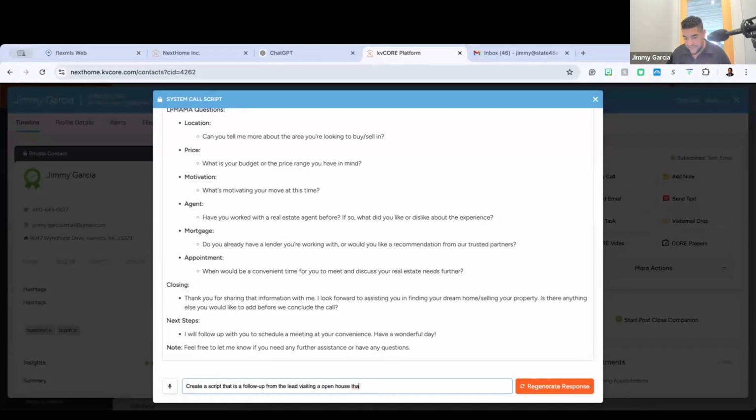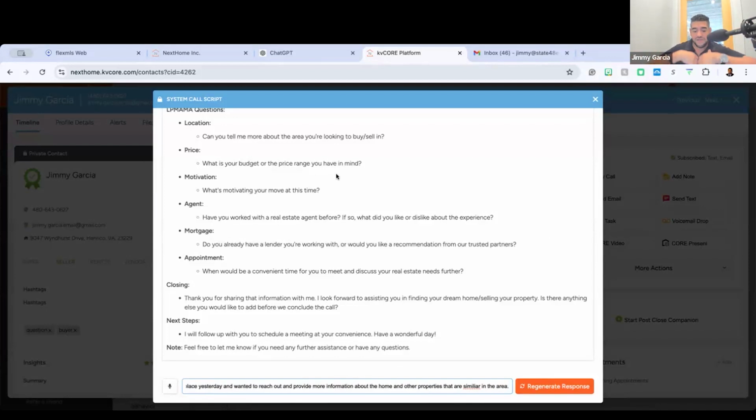Now, if you could, same day, but let's say tomorrow, then provide more information about the home and other properties that are similar in the area. Okay, that's the goal. I want to have an excuse to reach out to this person to thank them for coming to the open house. Again, best practice is try to get that same day. But let's say it was yesterday, right? It took place on Sunday. You're calling them on Monday.